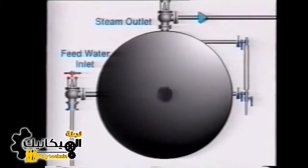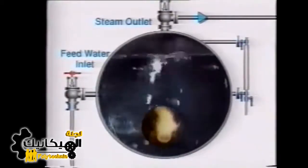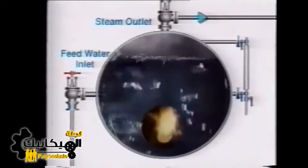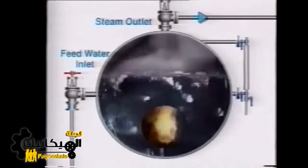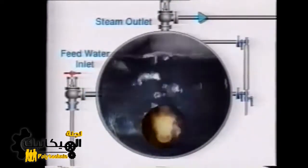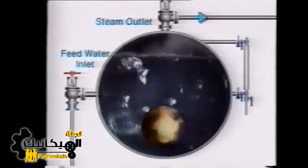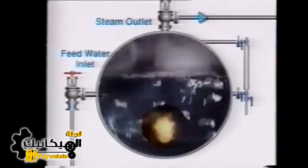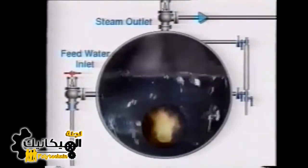The basic principle behind boiler operation is relatively simple. Water is heated by a burner and steam is produced. As the water is evaporated, the level will naturally fall and fresh water must be pumped in to keep the level topped up. The water level can also be extremely sensitive to changing circumstances, such as increased steam demand. The primary purpose of boiler control systems is to make sure that the water level stays between upper and lower